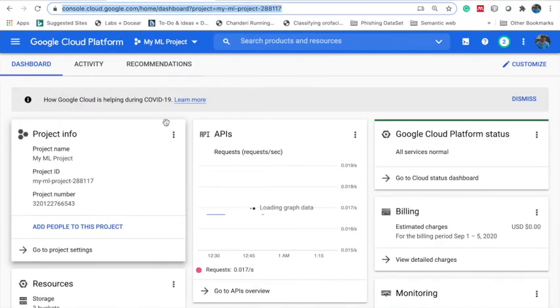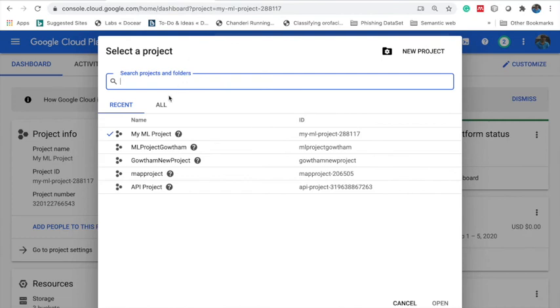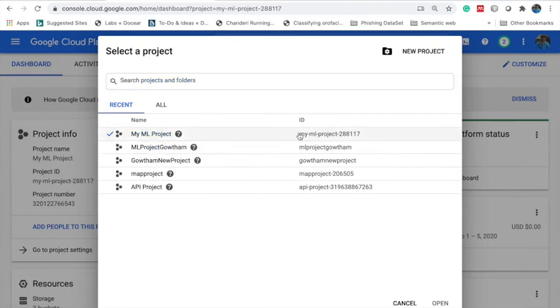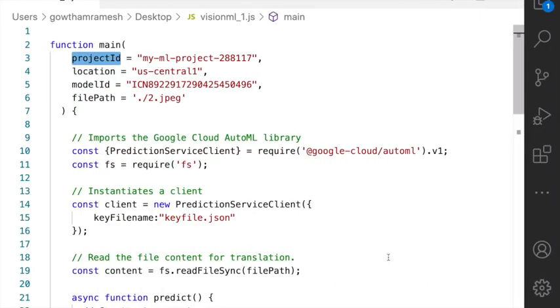Go to your GCP console, click on the project section. For this project I have used my ML project, and this is the ID of the project. Copy the ID, come back to the program and paste it over here.